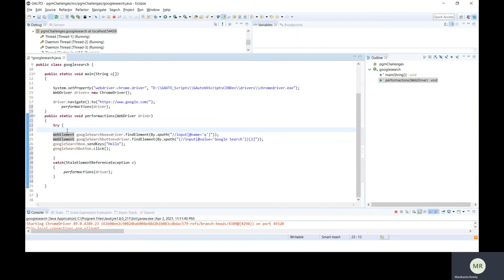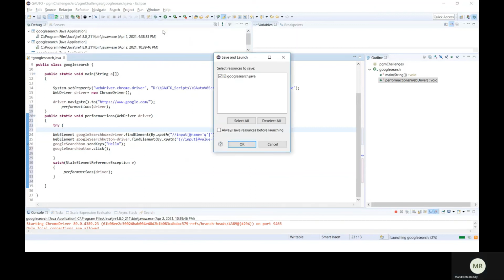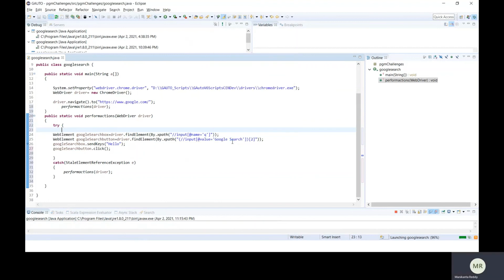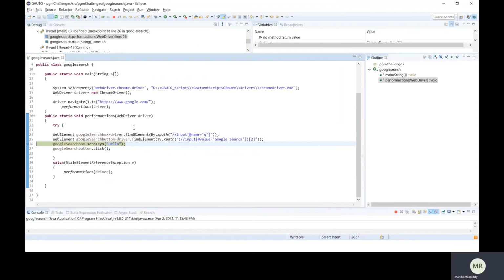So let me run this and keep the breakpoint here. And yes, we have this.